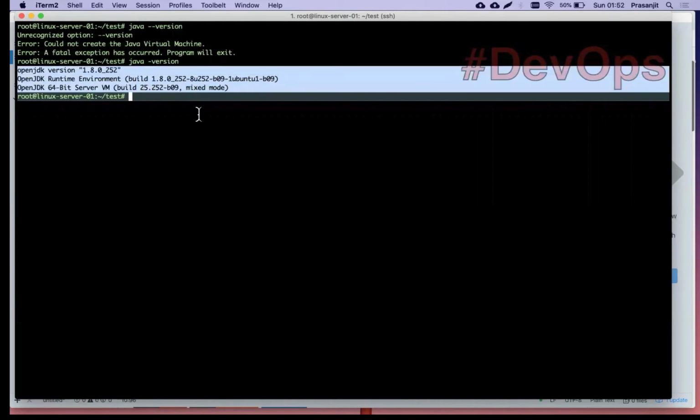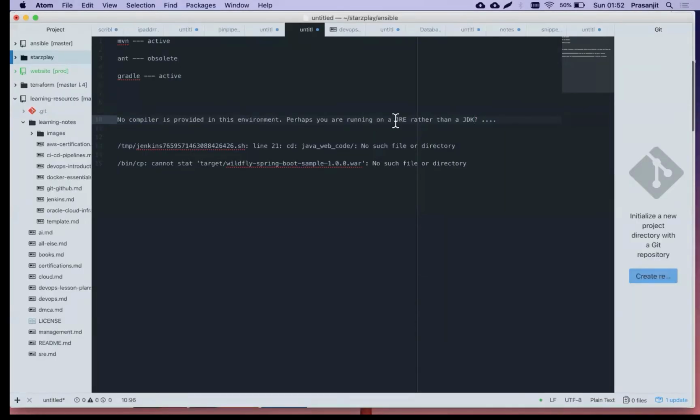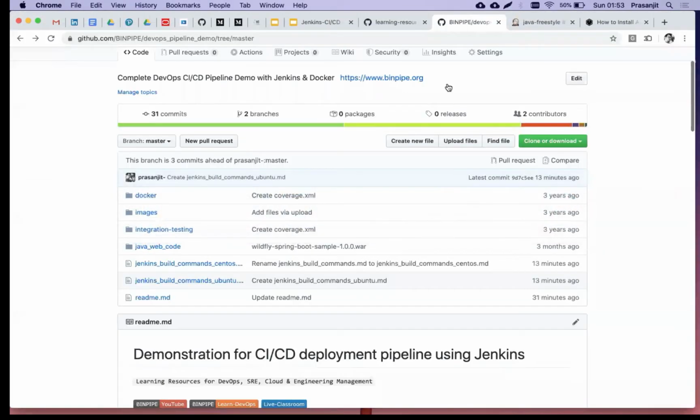Okay. But this build is telling us that you have a JRE rather than a JDK. That means you have a runtime environment, but you should actually have a JDK. JDK stands for Java Development Kit. When compiling, you will need this one in your server. Only having the runtime will not work. Okay, so let's get back to